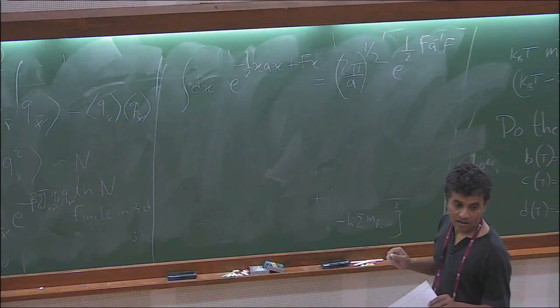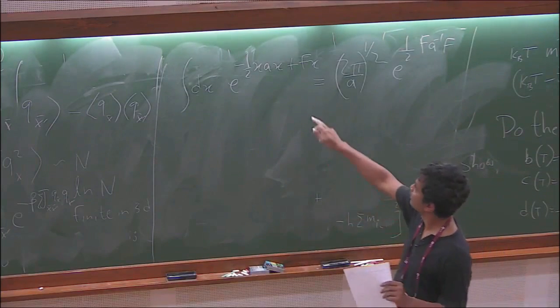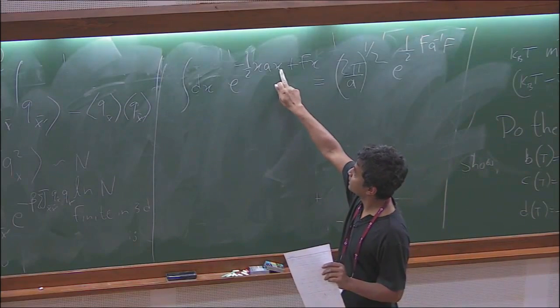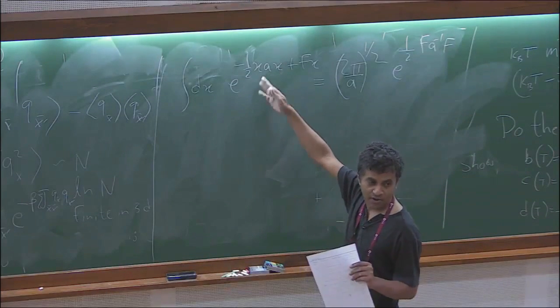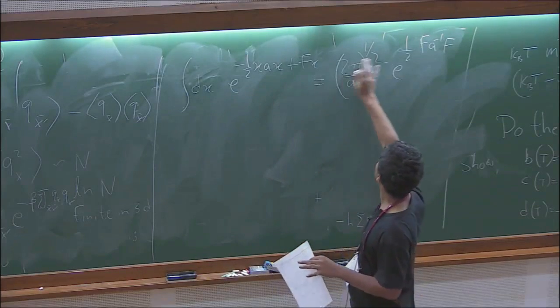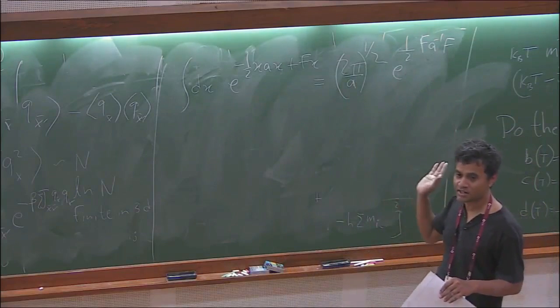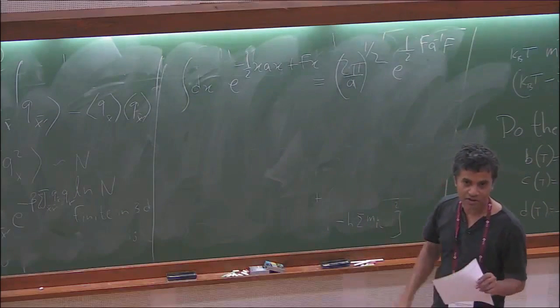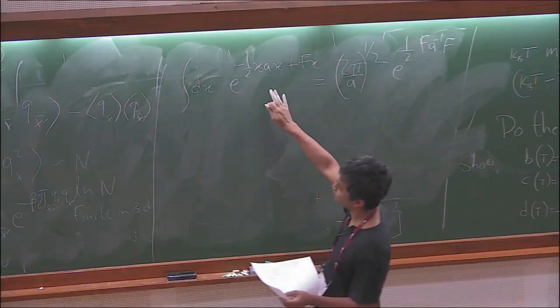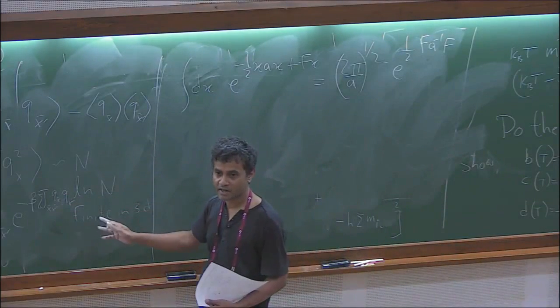Mine is a x squared, but I'm just writing it like this, and this is also f squared by a. This is a 1D integral, which is very easy to do, right? Everyone has done it. And so now, instead of one variable, if you have many variables,